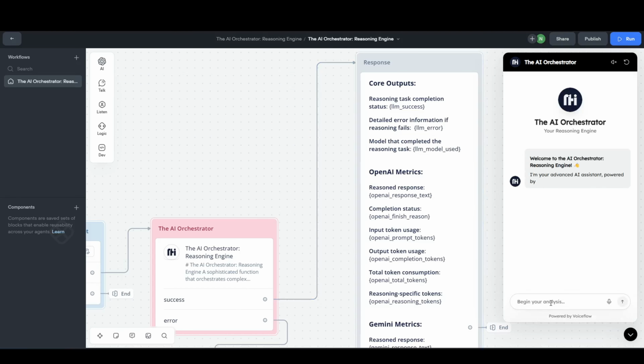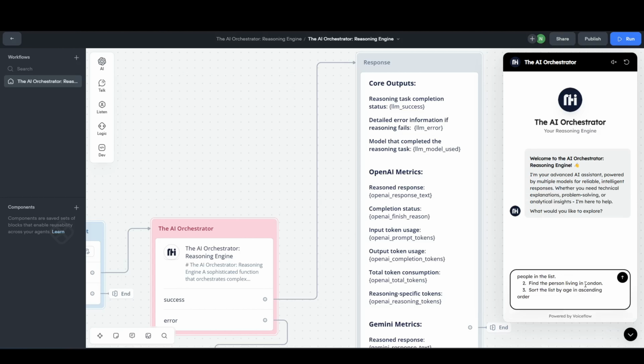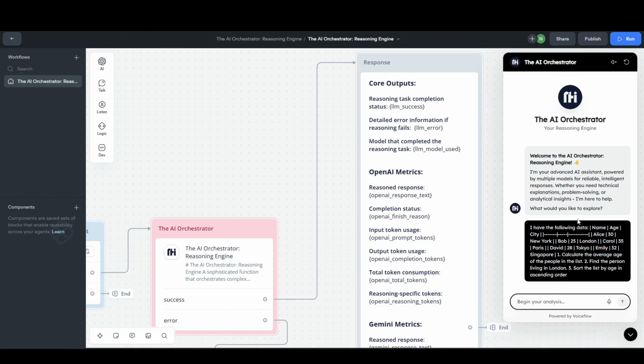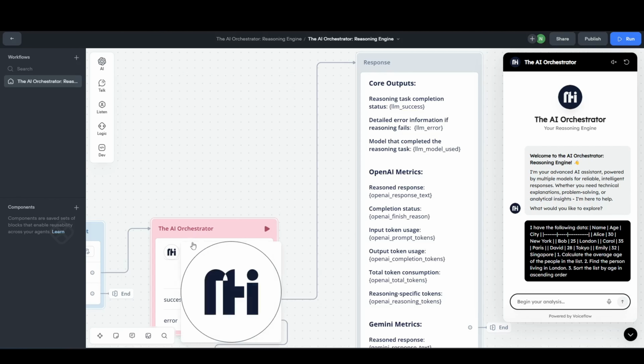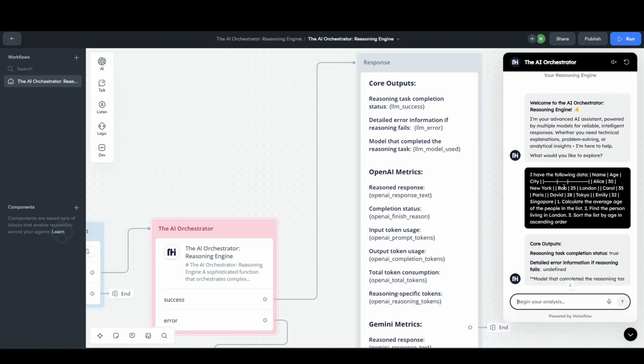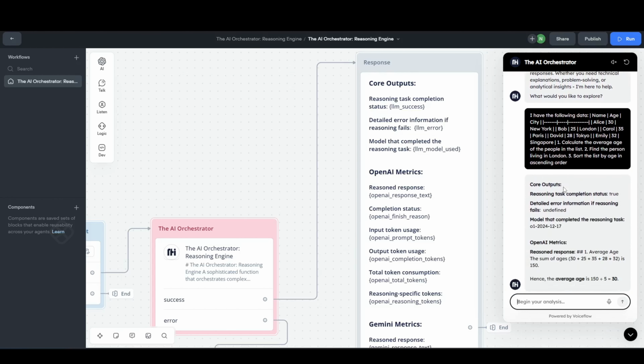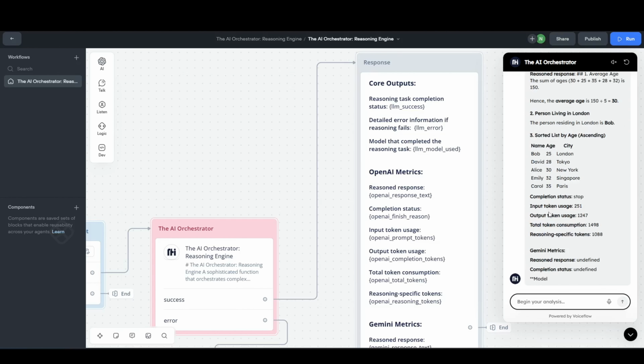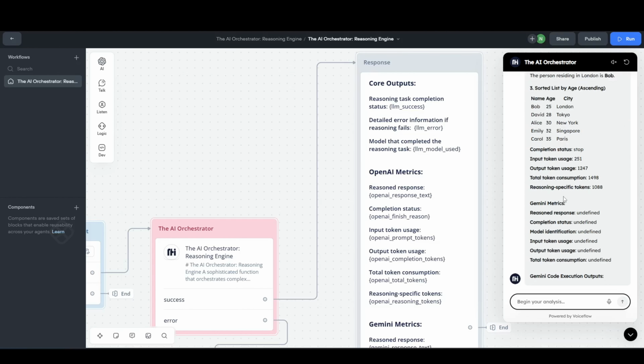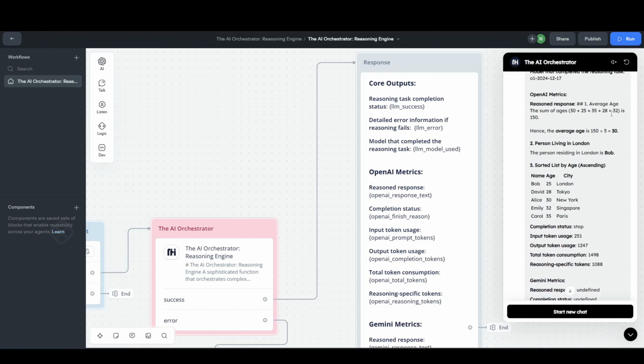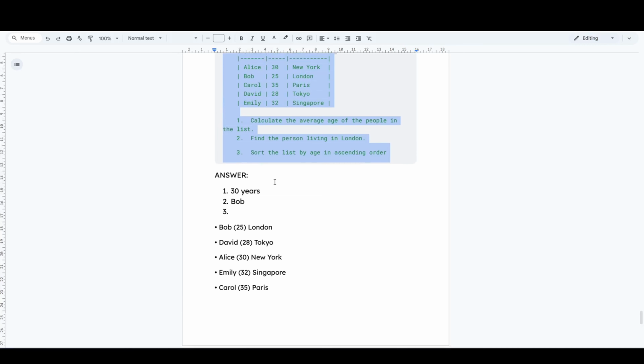Since we already have the O1 model, let's just use that. Okay, so we have the average age 30, Bob, and then we have Bob, David, Alice, Emily, and Carol. So it got it correct.